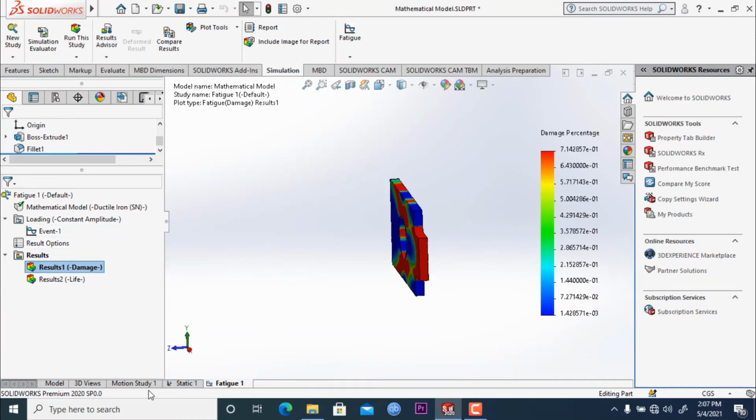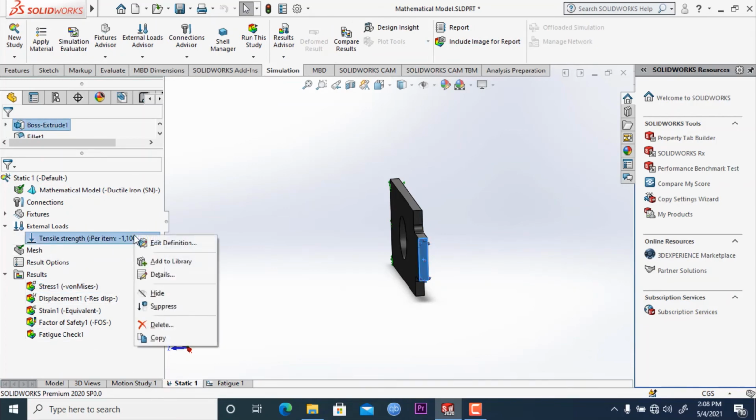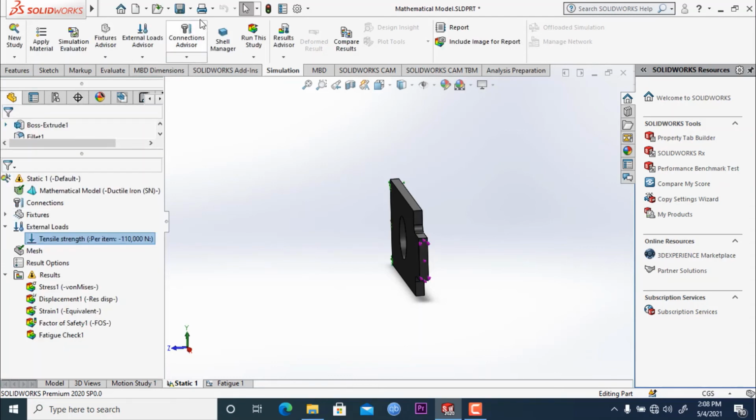So again, let's go to static, and this is how you can examine what amount of load you want to apply on a particular model. Let's set it to 110,000, click OK, and run this study again.